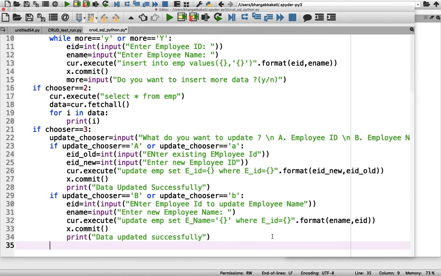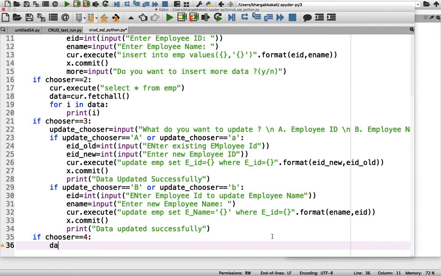Now we'll go to our last operation, which is the delete operation. If chooser equals 4, here also I'll have two menus, because I may want to delete entire data or selected data. So I'll give a variable delete chooser, input like press \n number a, delete entire data.